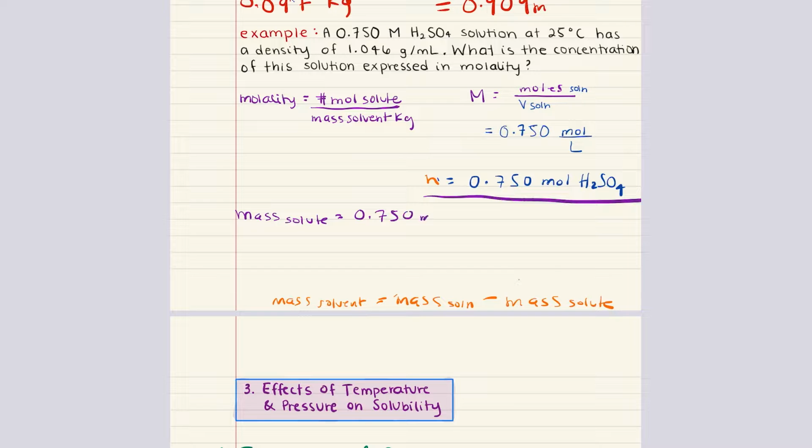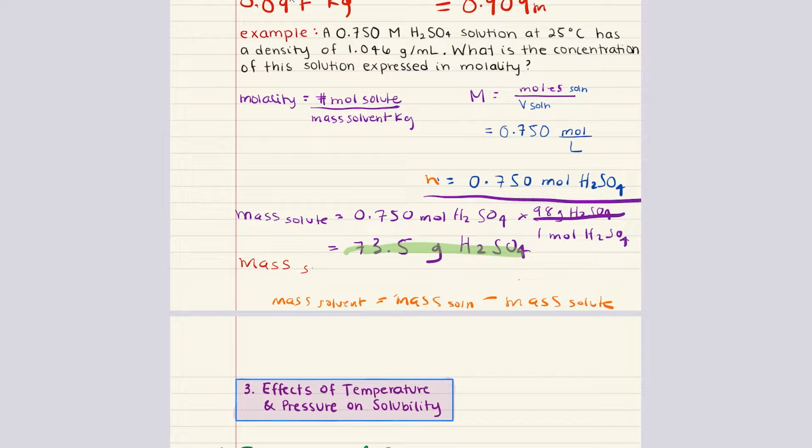Now, what is the molar mass for sulfuric acid? 1 mole of sulfuric acid is equal to about 98 grams of sulfuric acid. If we plug this into a calculator, we're going to get that the mass of our solute of sulfuric acid is 73.5 grams of sulfuric acid. Wonderful. So we have our mass of our solute,